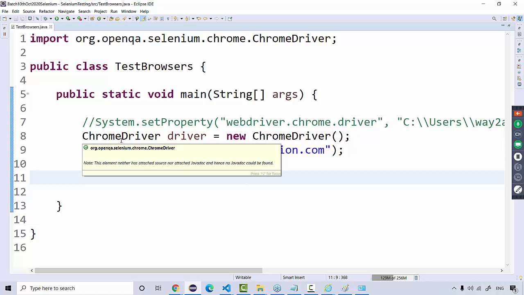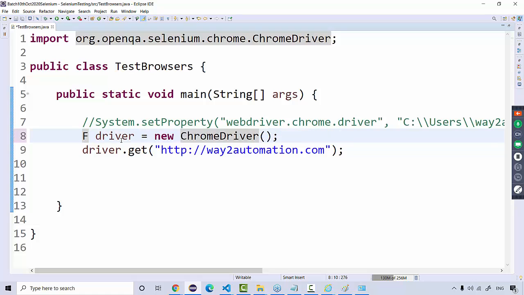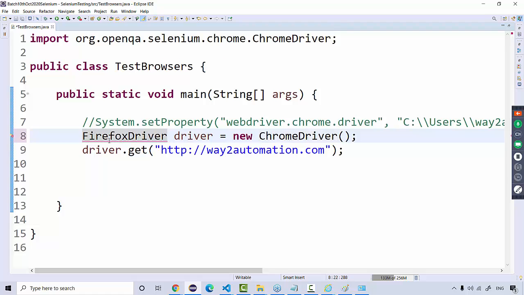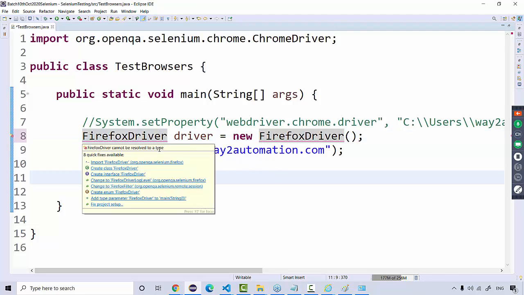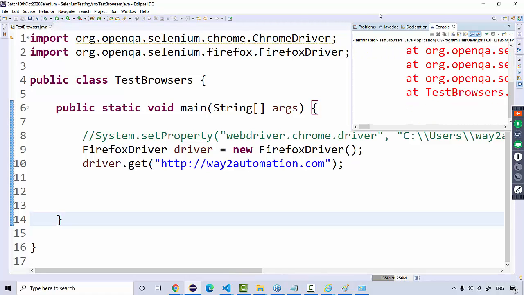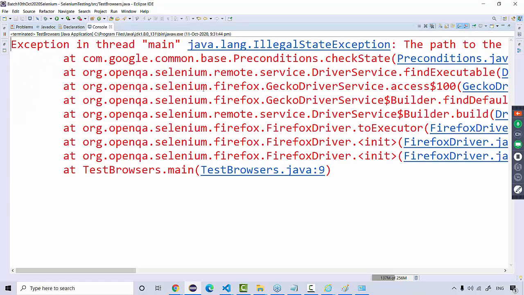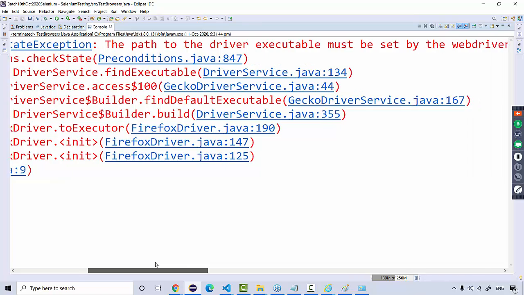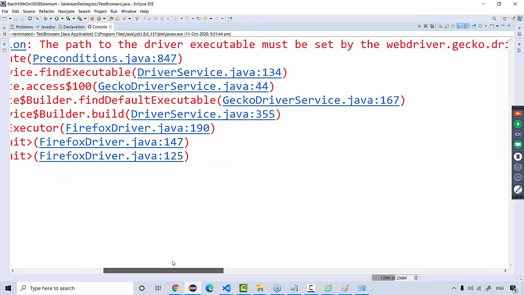Now let's see one more browser, that is Firefox driver. In case you want to work on Firefox, just change the class name to FirefoxDriver, equal to new FirefoxDriver. And then do a mouse over, import this FirefoxDriver. Save it. And run this. Again, we got some exception. Let's see. Again, same exception. The path to driver executable must be set by